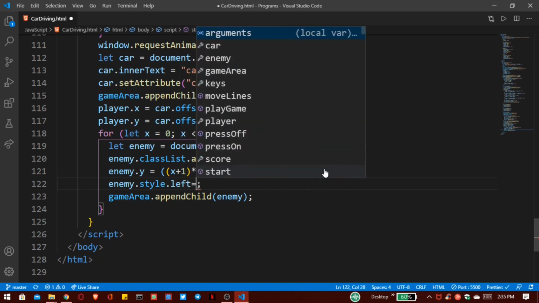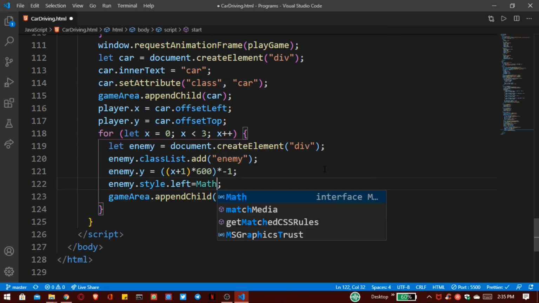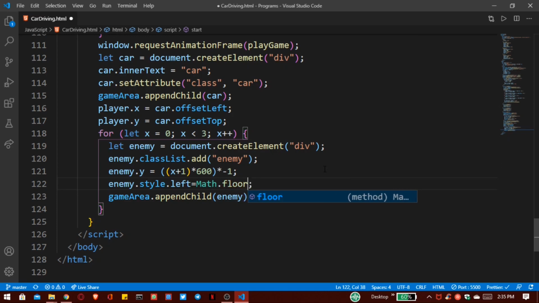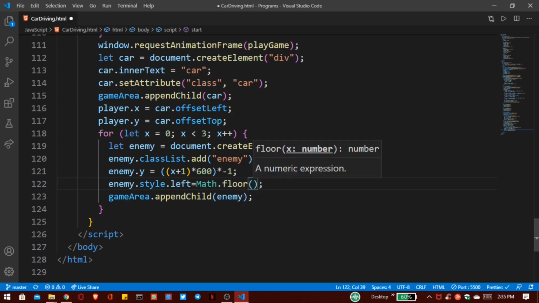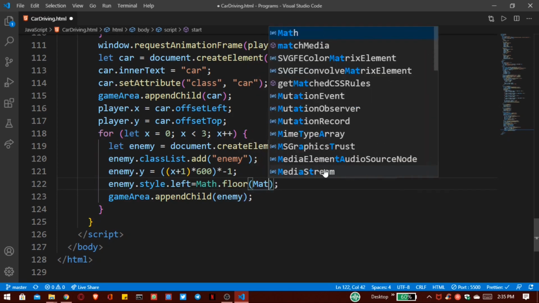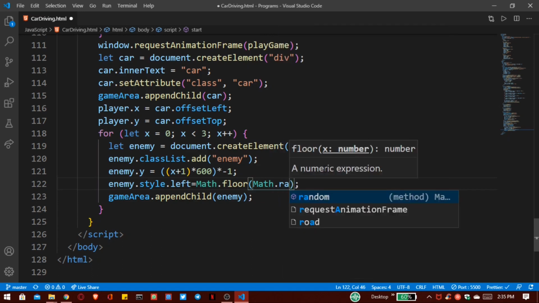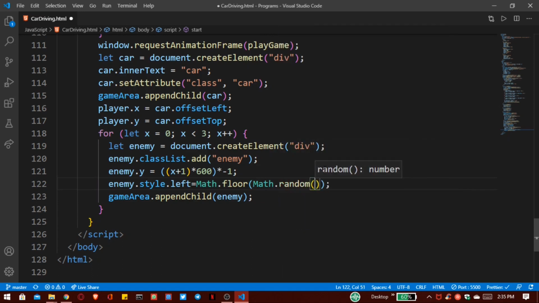Then we have to use that Math.random function because we have to generate random cars. So first we have to floor that, then Math.random multiplied by 150 and adding them into our peaks.